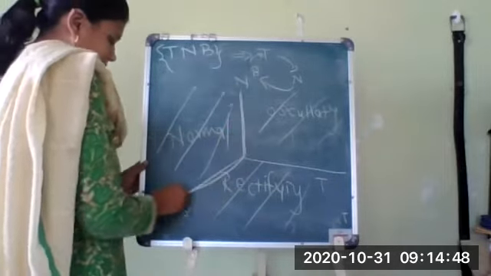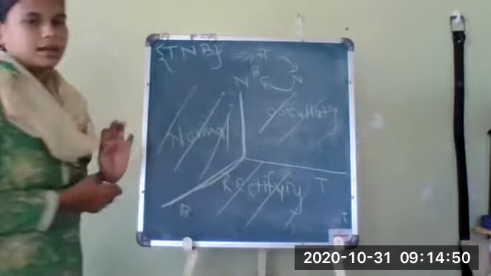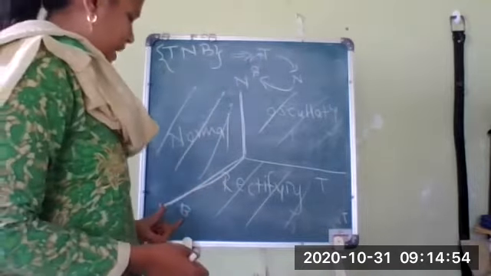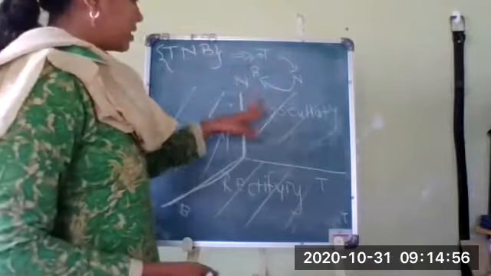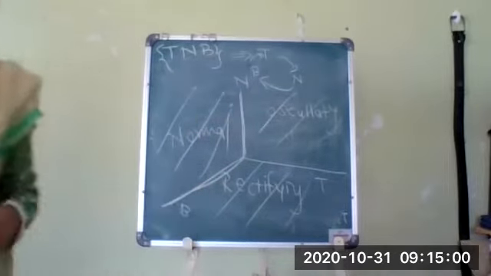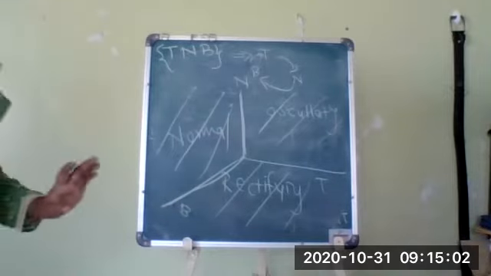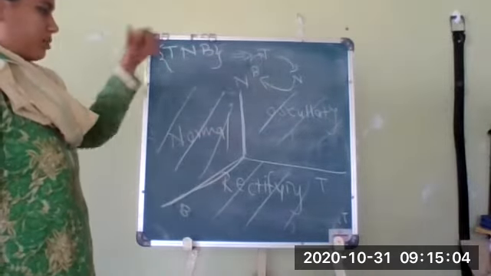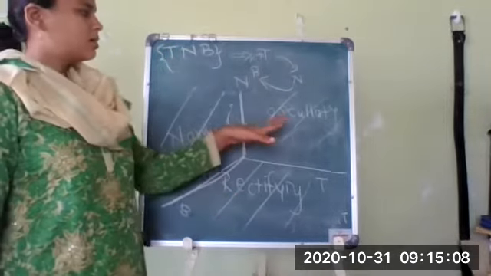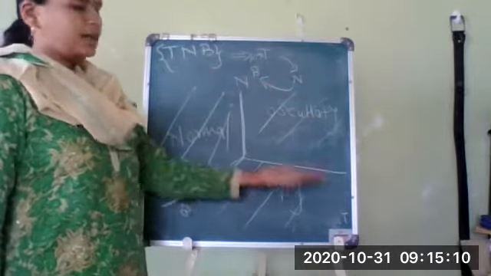The normal plane is generated by these two vectors, n and b, which is spanned by n and b. What is the rectifying plane? It is spanned by t and b. What is the osculating plane? It is spanned by n and t. So remember this. These are simply definitions we have provided. What are the normal, osculating, and rectifying planes? It may come in your MCQ that the osculating plane is spanned by n and t.